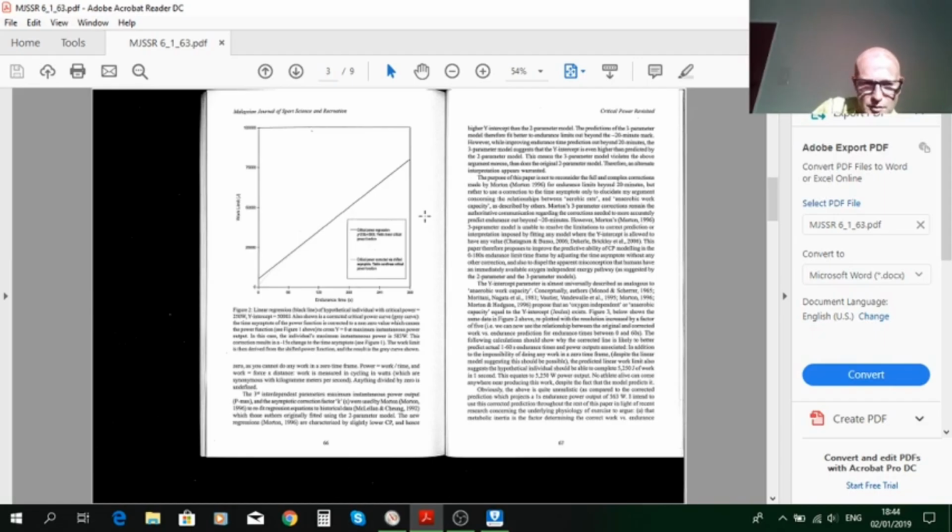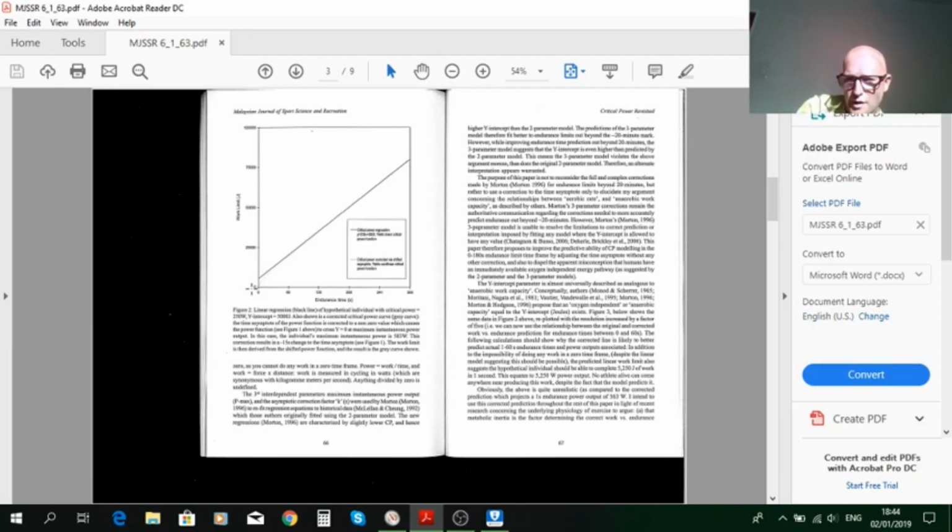And so this model is touted as being able to describe both aerobic and anaerobic capacities, both collectively and individually, and it's thought to be a very clever thing. But until you actually apply your brain and think about it, and problem number one brings us over here immediately, this y-intercept value